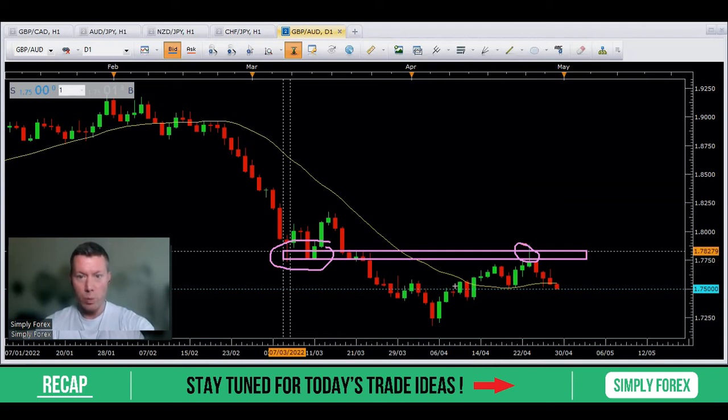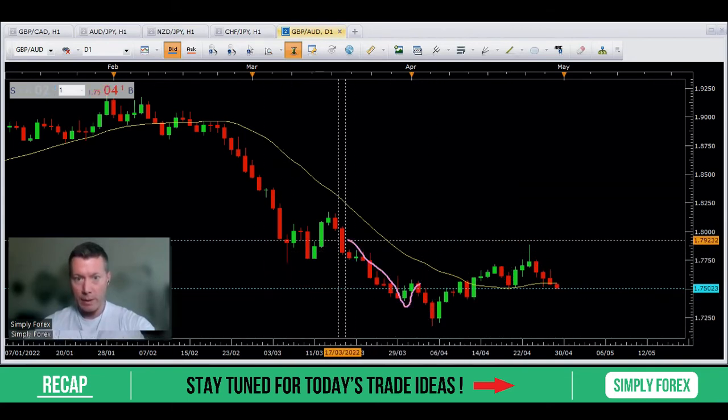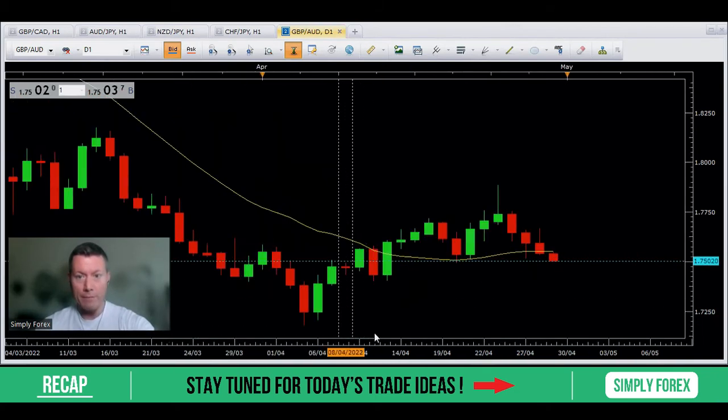So that's one aspect to this trade. But the other aspect is we had lower lows, lower highs. This high tried to hold, it didn't, and then this high was broken. And then as you can see, as it came back down, what was once resistance became support, and it shot back up. So the daily trend is in an uptrend. The real important level for me is this